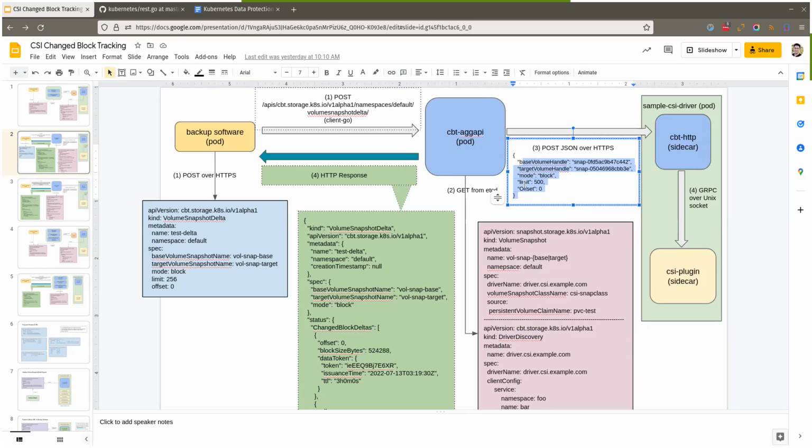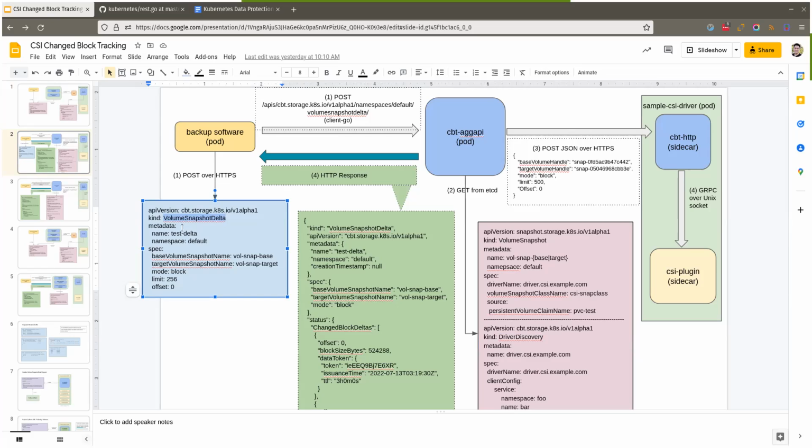And of course, the main thing here is that because we are not persisting the volume snapshot delta resources at all, a user will be able to do something like kubectl create, but they won't be able to do something like kubectl get. The aggregated API server would always say it's not supported or the resource is not found. At first it feels a bit weird, ugly,